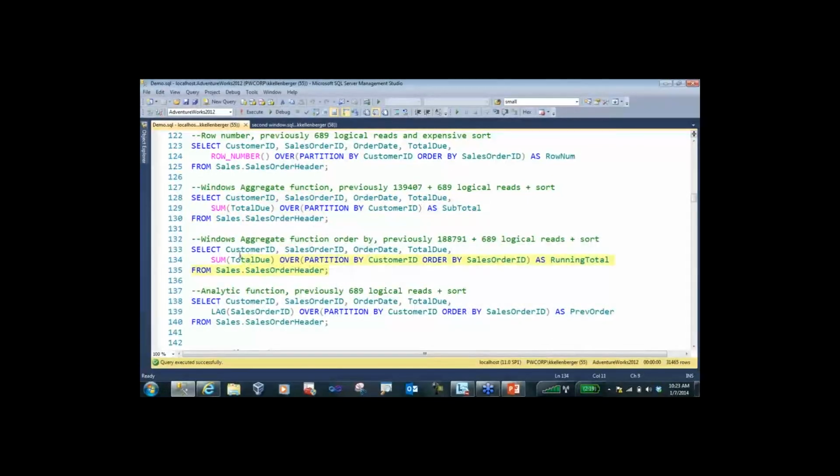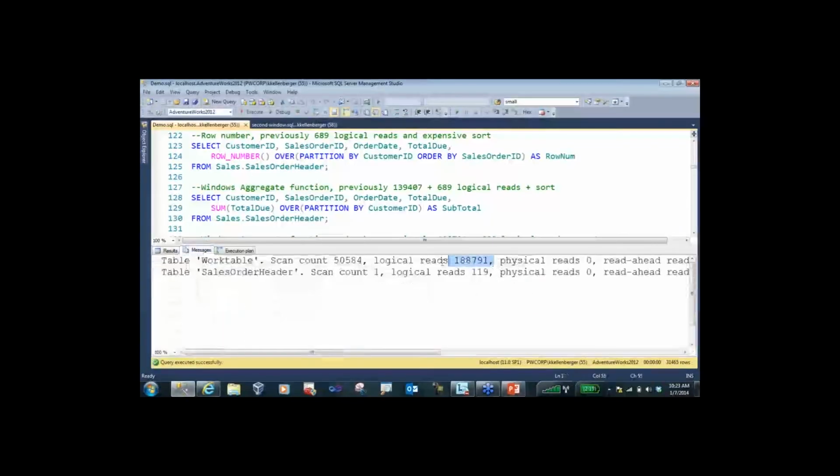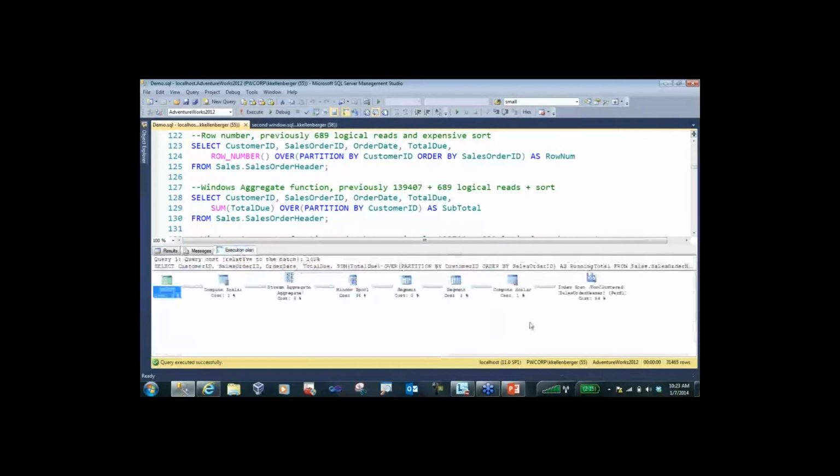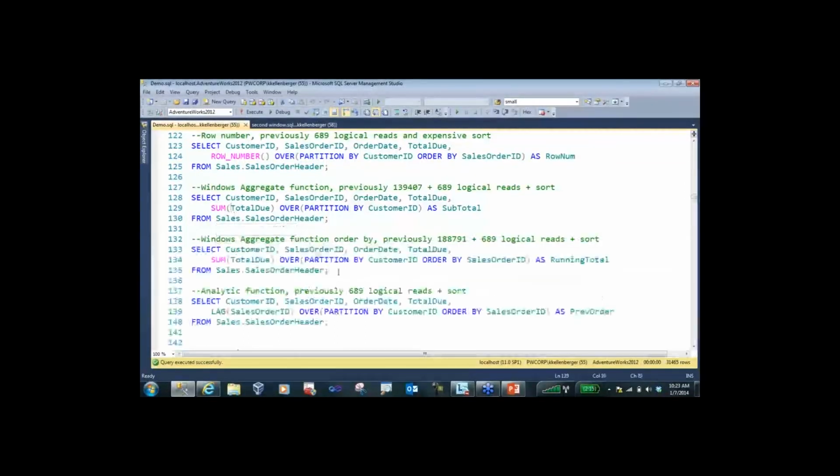Here's my order by, this is the running total definition. So previously I had 188,000 logical reads in my sort. So you may think, this is going to solve everything. Well, unfortunately, at this point, we still have that large number of logical reads with our work table. This is telling me that my work table is created in TempDB, not in memory. I do have a decrease in the logical reads of just scanning that index instead of the table, and my sort is gone. So you'll learn the second secret of tuning these queries later in this session,